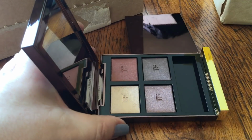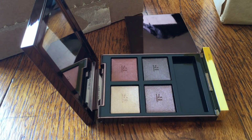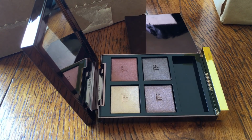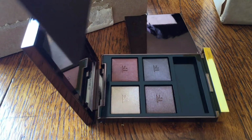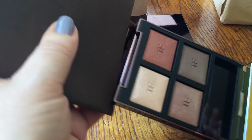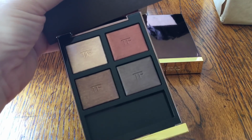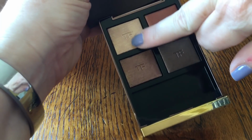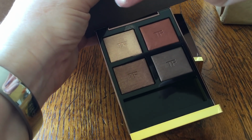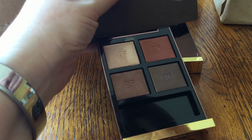I just need something to cover up the mirror to show you this properly without giving too much away of what it is, to be anonymous. Here we go. So let's have a look at those. I haven't swatched yet at all. There we go, with a really beautiful